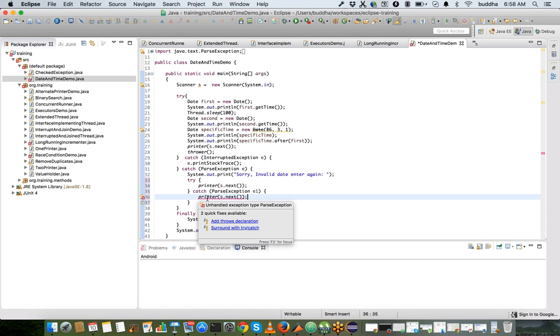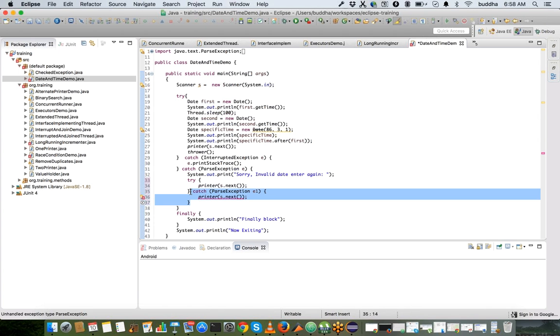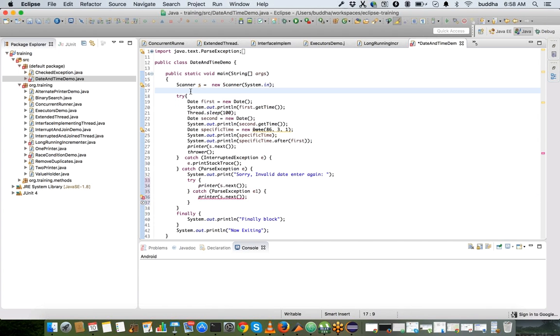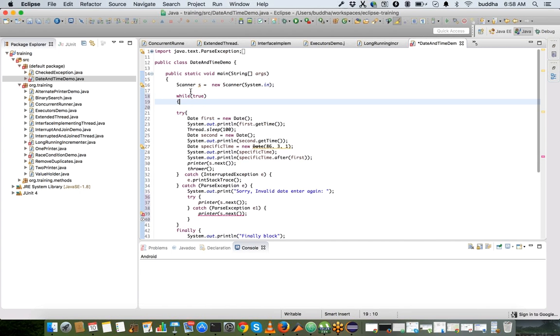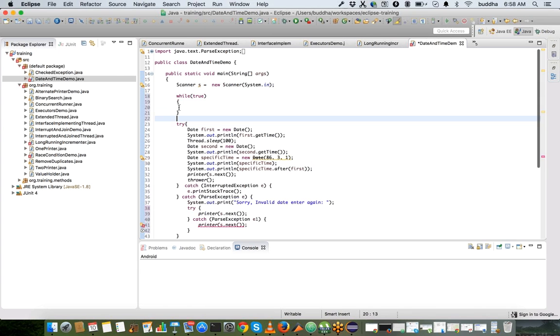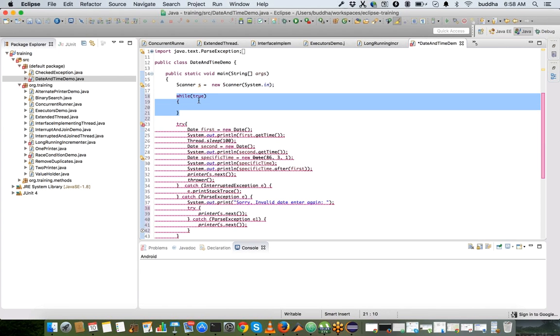I just gave an example of ways where one cleanup operation can be done and one small extra thing can be asked. Ideally, if we want that kind of looping way of asking, the correct way of coding is something like this. We can put true in a while loop. This while loop will be an infinite loop because this is always true and it will never come out. Now what I'm going to do is